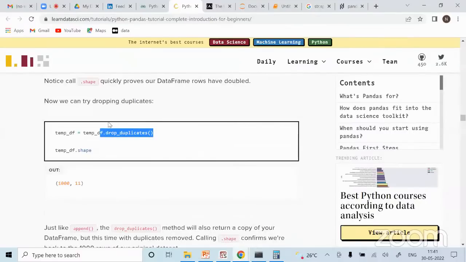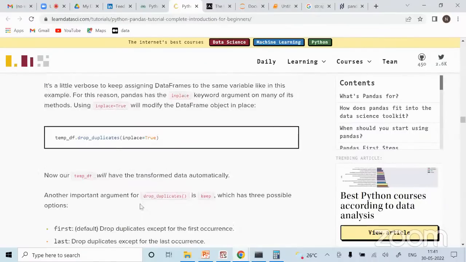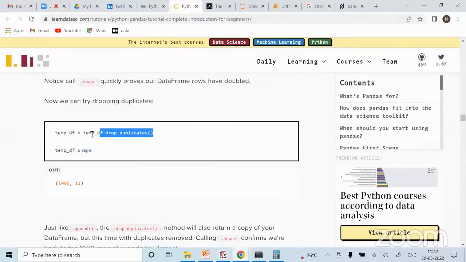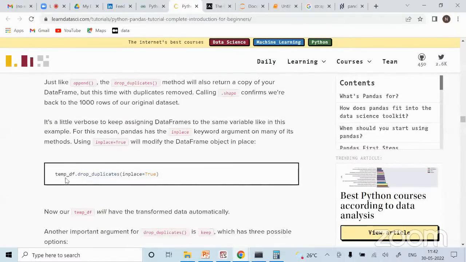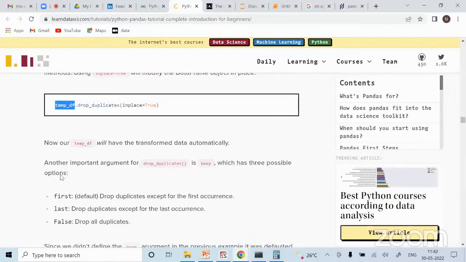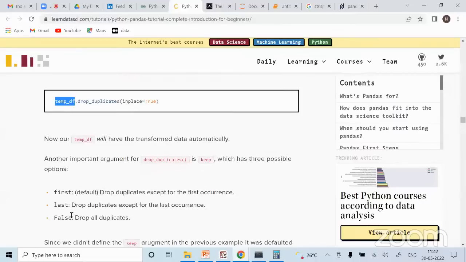तो अगर आप में जितने भी duplicates हैं, it will simply drop them. Okay. If you use inplace true, it will modify the data frame itself. So either you can write drop duplicates and save it back into the data frame, or you can simply write temp drop duplicates inplace true, मतलब it will replace the existing data frame. So both ways are fine.